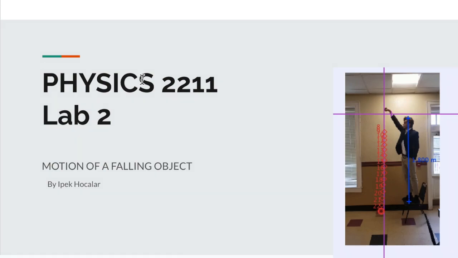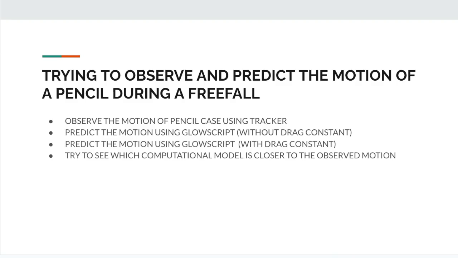Everyone, and this is lab 2 on the motion of a falling object. So today's mission is to try and observe and predict the motion of a pencil during free fall. Initially, my friend is going to throw down the pencil and the motion is going to be observed using Tracker,